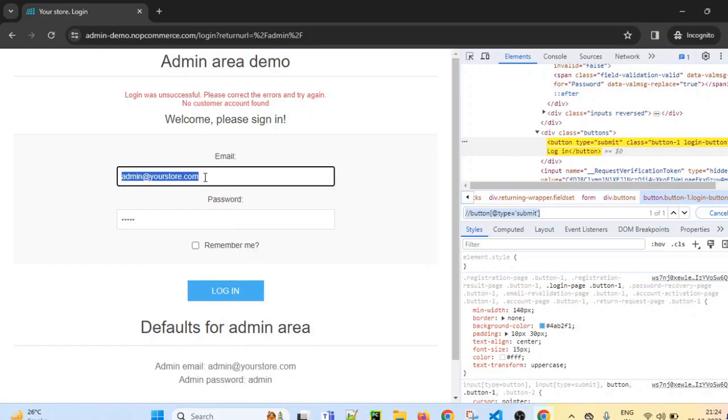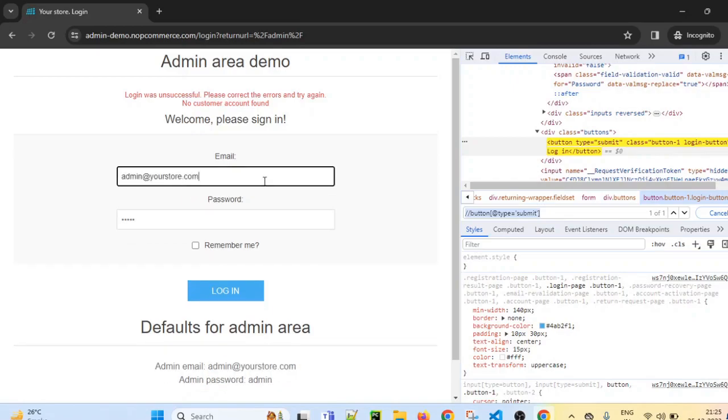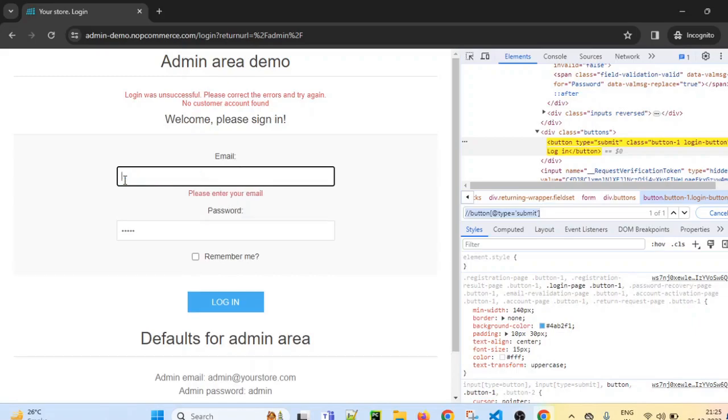So we have to clear this value, and then we have to enter the required value here, admin@yourstore.com or whatever username we are passing here. Understand that we have to first identify this email field, clear it first, and then put the required value.